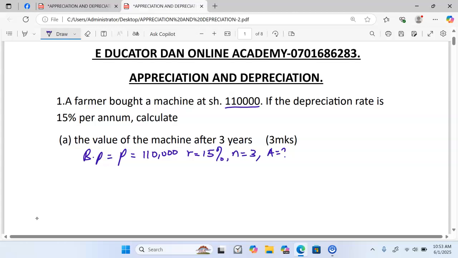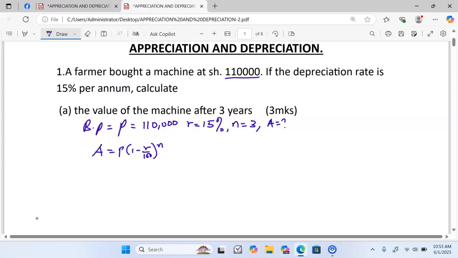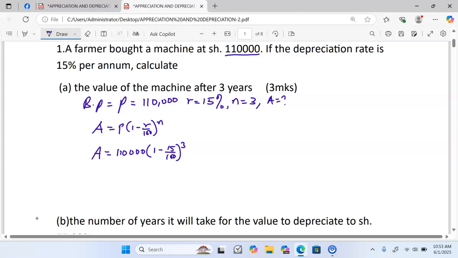Therefore, we use the compound interest formula that states that amount is equal to principal into 1. Since it is depreciation, we minus r divided by 100, we raise to the power of n. The amount will be equal to the principal, which is 110,000. We multiply by 1 minus the rate, which is 15 over 100. We raise to the power of 3, and this one is going to give us